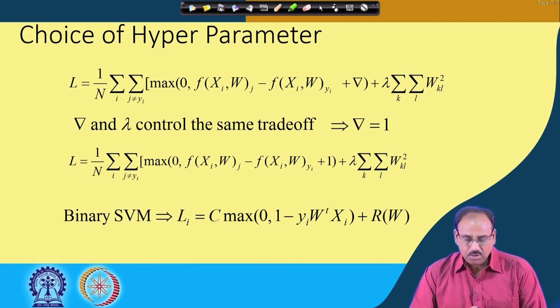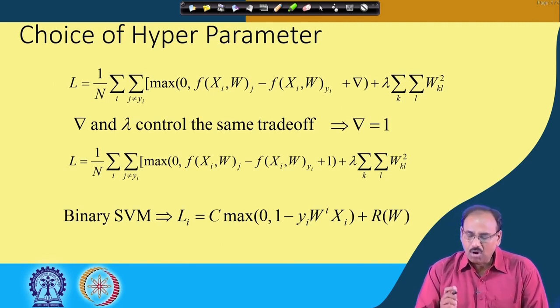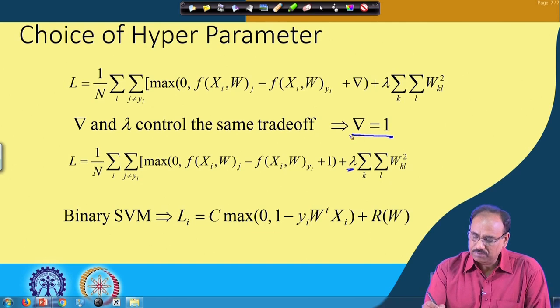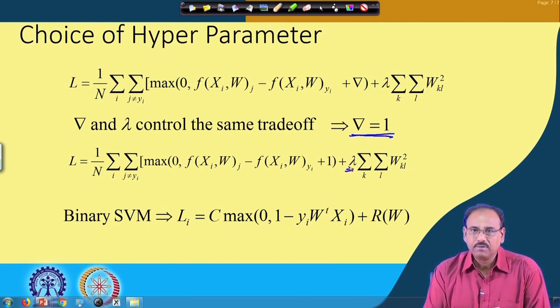And due to this, we can safely choose the value of lambda equal to 1. So, that is what we have done over here. The value of delta is taken to be 1, and accordingly, when you go for minimization of this loss function, the value of lambda will be chosen. And you find that earlier we talked about the binary support vector machine, where we have